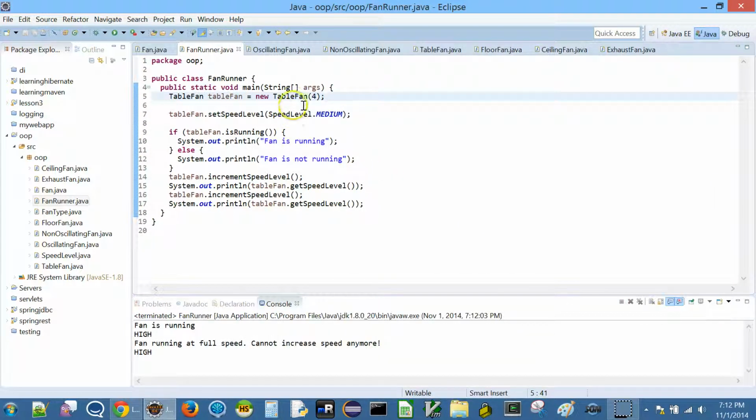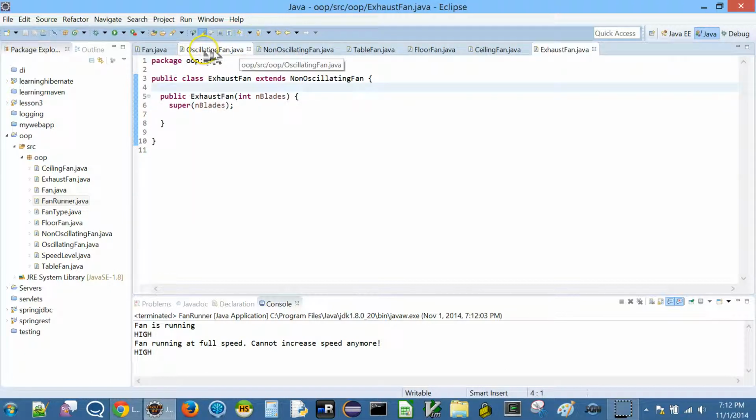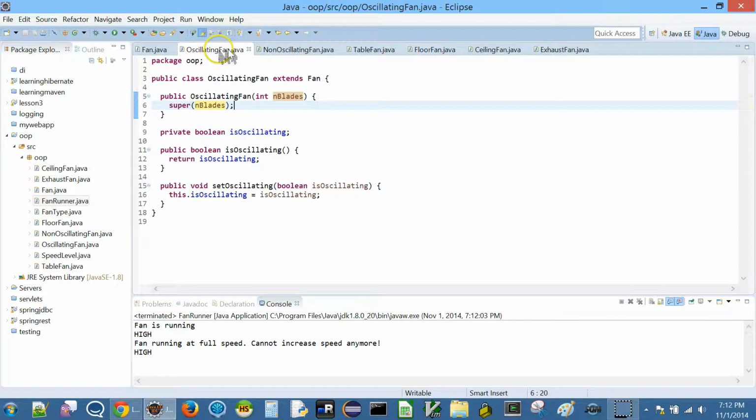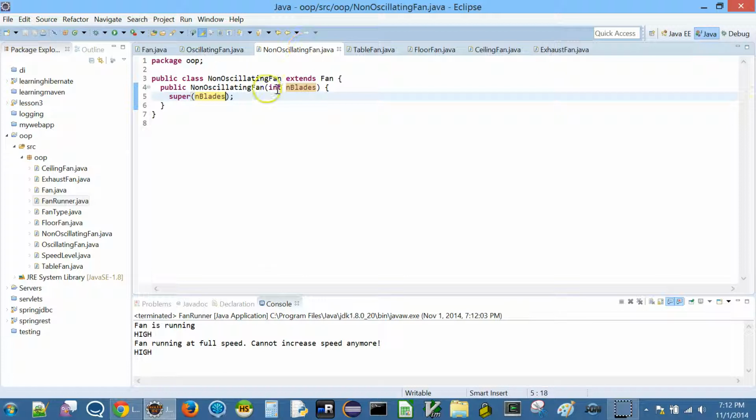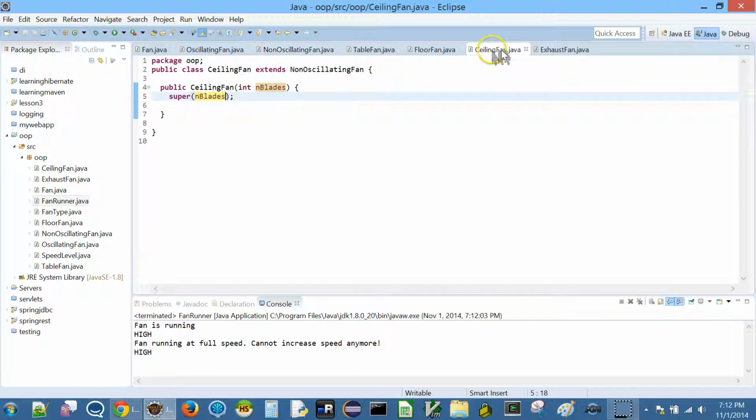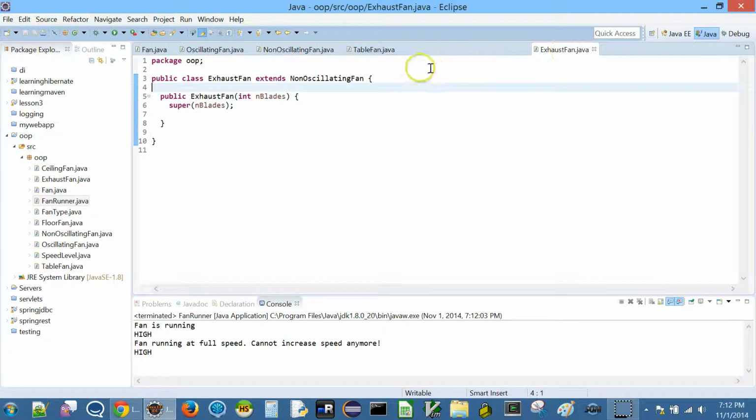Okay, so all we have done here is make sure that we have an object hierarchy, and then we moved the isOscillating field into the oscillating fan class, and non-oscillating fan is simply a convenience class that we are using to abstract out the ceiling fan and the exhaust fan, which don't oscillate, right?